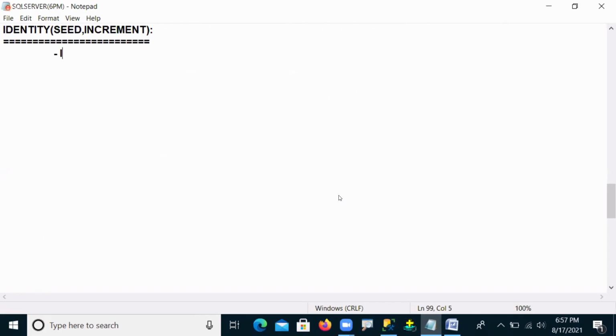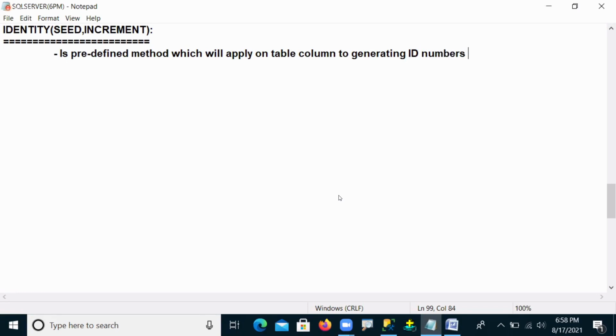This identity is a predefined method or function which we apply on a table column to generate ID numbers automatically.